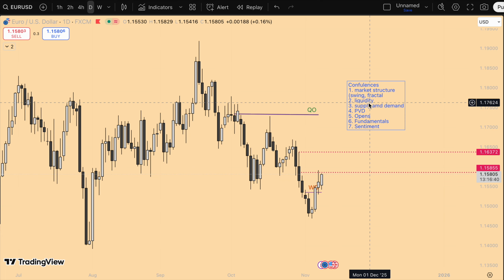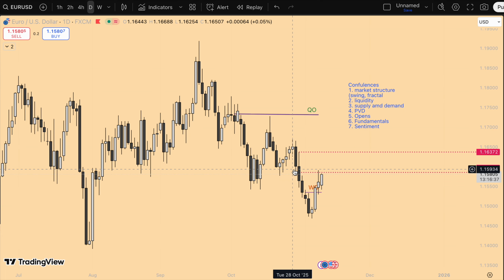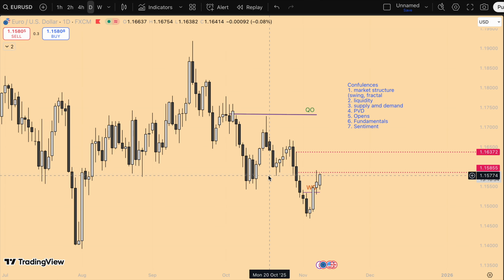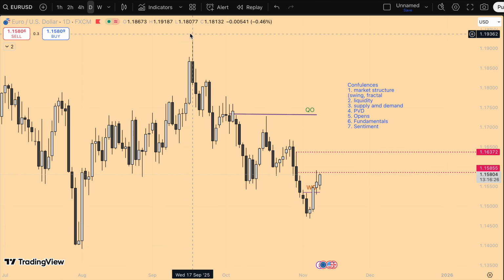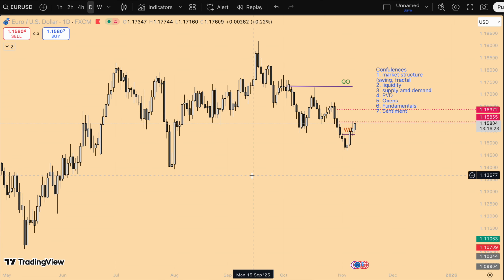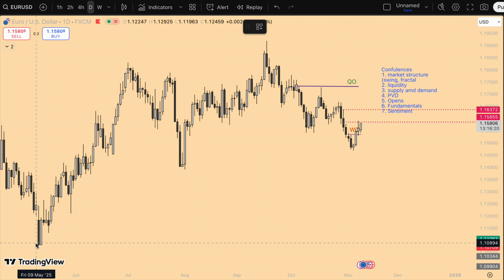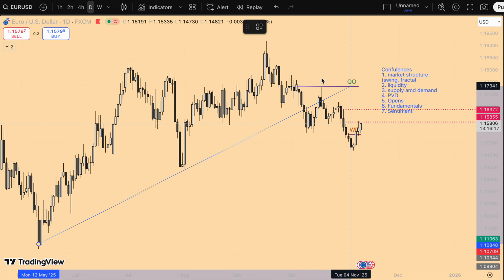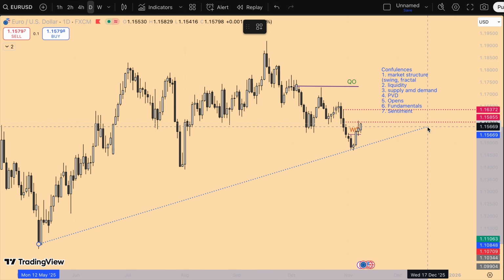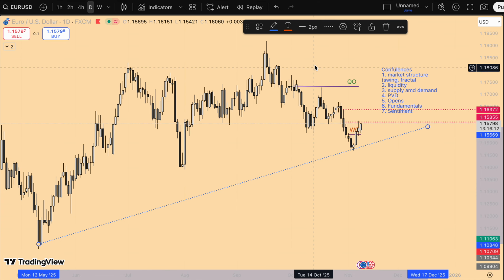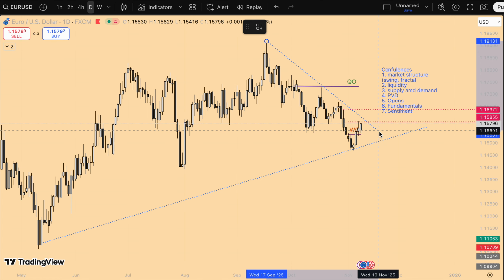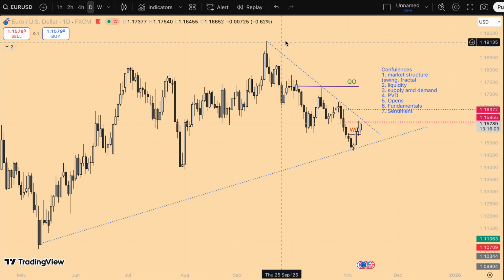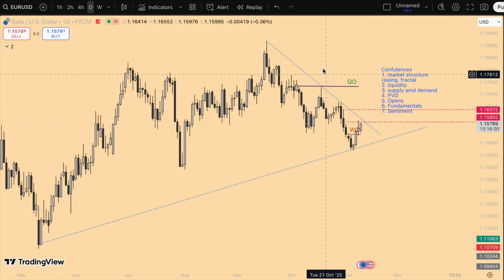So the next thing we look for is liquidity. What do we mean by liquidity? We have three forms of liquidity. The first one is trendline liquidity. So for example, right here, you can draw a trend line, or something like this. Not the best example of a trend line, I think this one also, but this is quite nice. You can draw a trend line like this. For trend line traders, liquidity is resting above here,